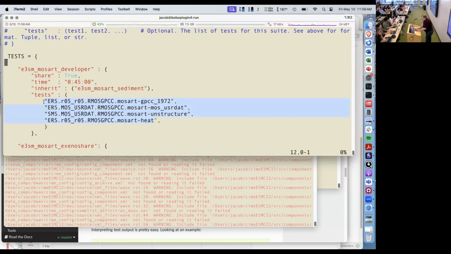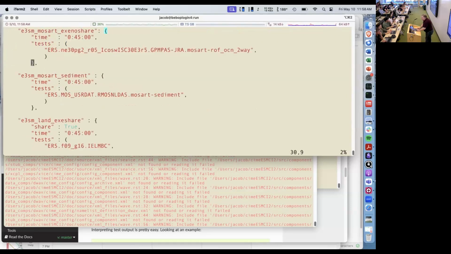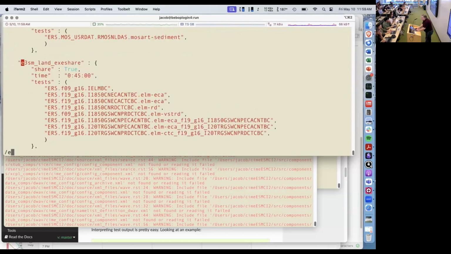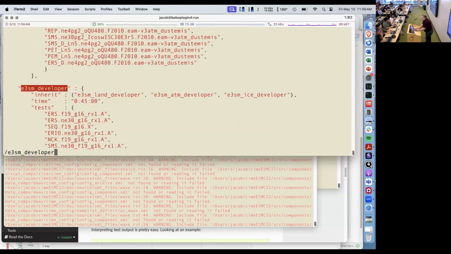And you can inherit multiple things. E3SM developer inherits all of these test suites and runs all of these. This time is, I believe, if I remember right, the default time per test. I can't remember. Just because it needs something to start out with.